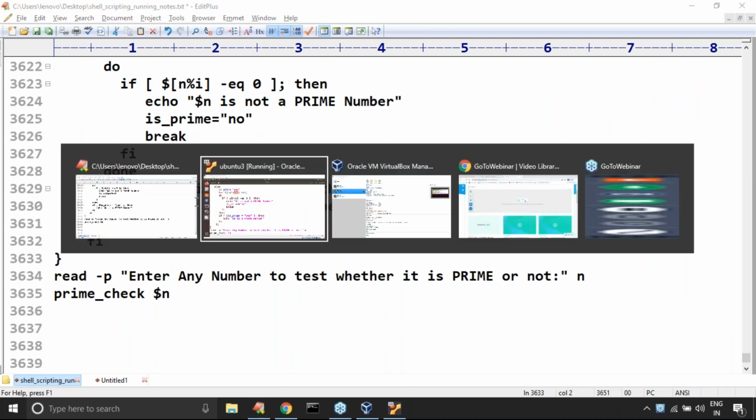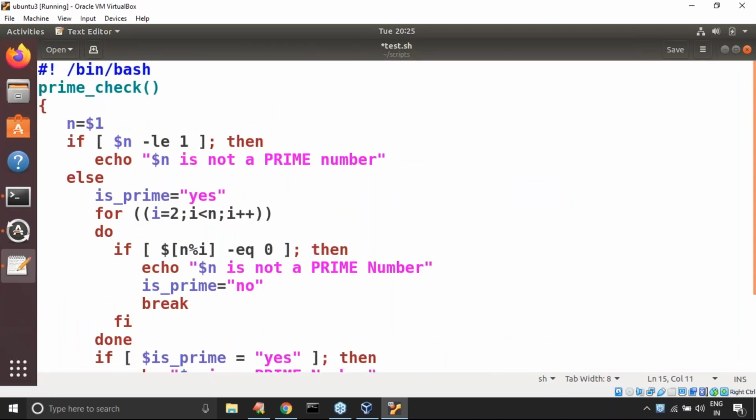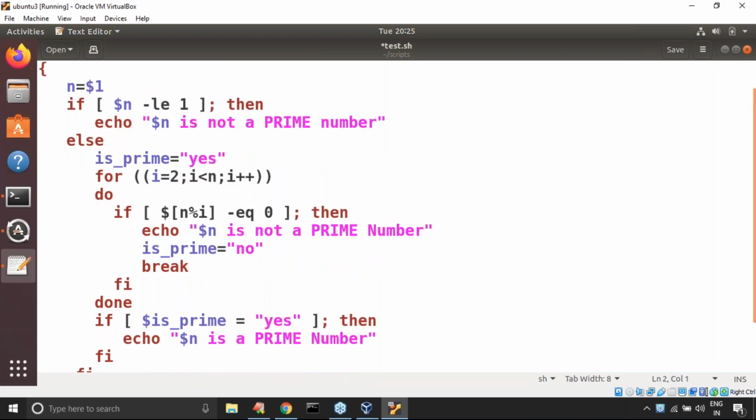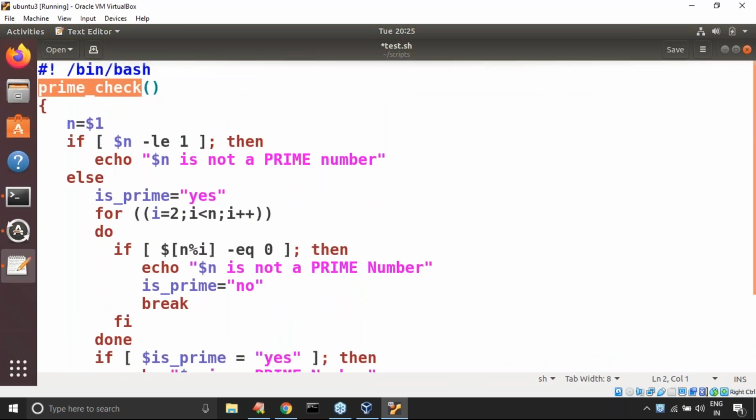Sir, any difficulty to understand this one? Please tell me, because the next two examples are based on this one only, so please observe carefully. Inside a function don't use exit. If I use exit, the total script is going to be stopped just because of one function call. Script stopping is not recommended, so you just need to come out of the function, that's it. Now clear? Are you in the position to understand?